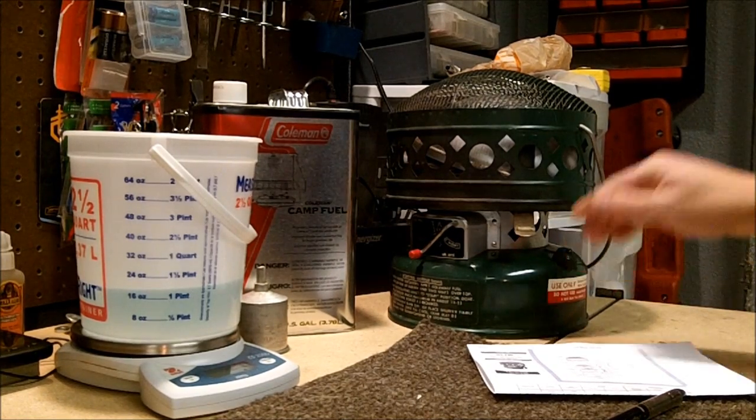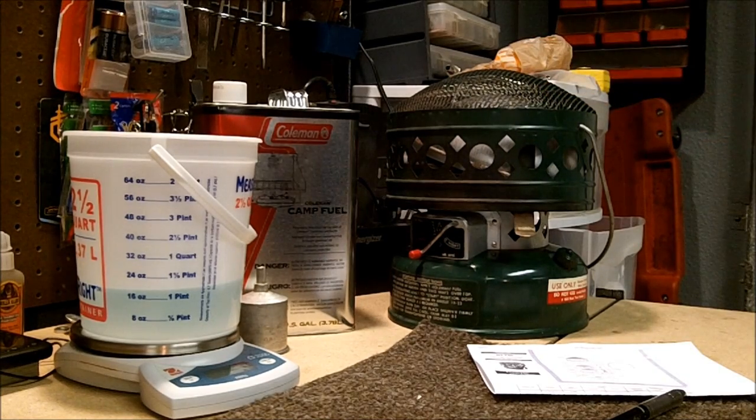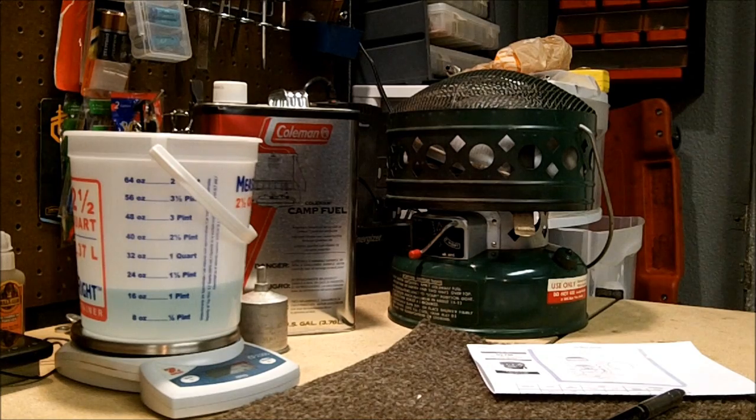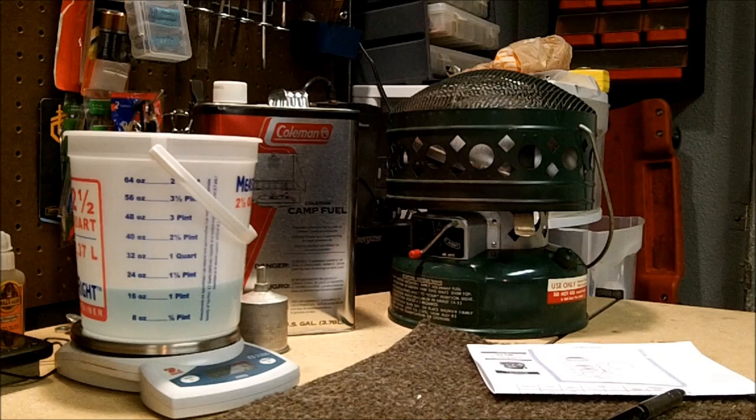So use good Coleman fuel, which is not that cheap anymore, because it's a petroleum product, so oil prices affect the price of Coleman fuel. So obviously as gas prices go up, the price of this goes up along with it. In addition,